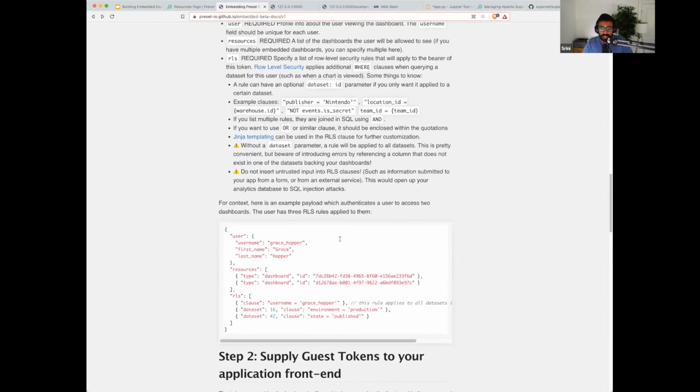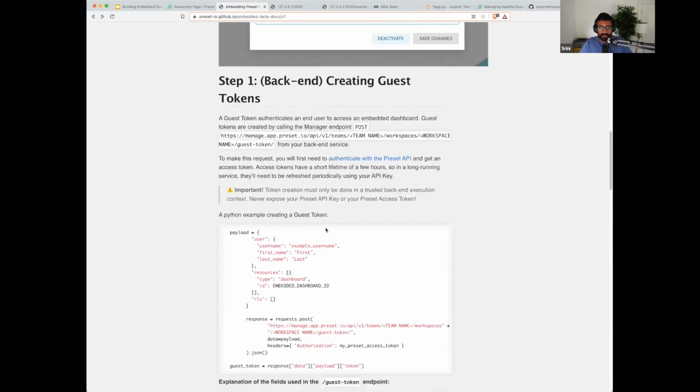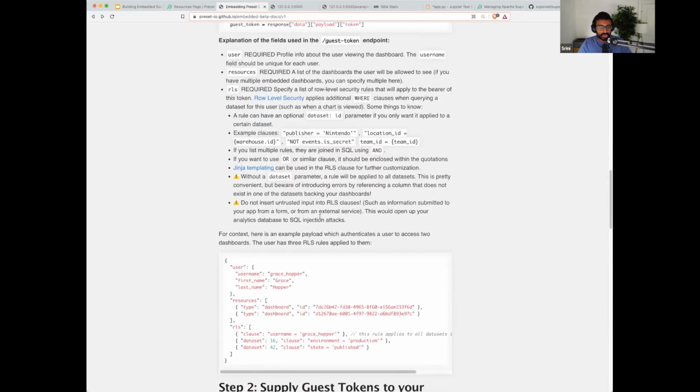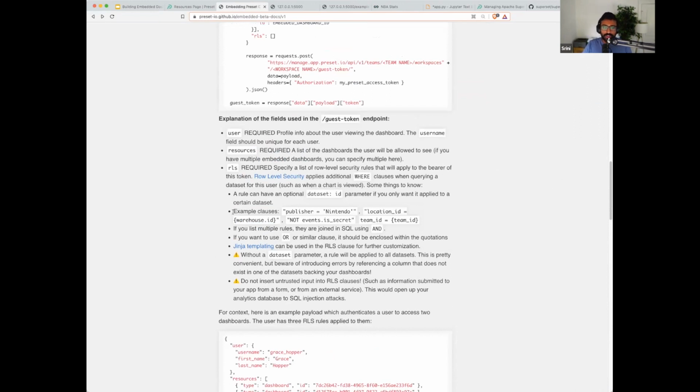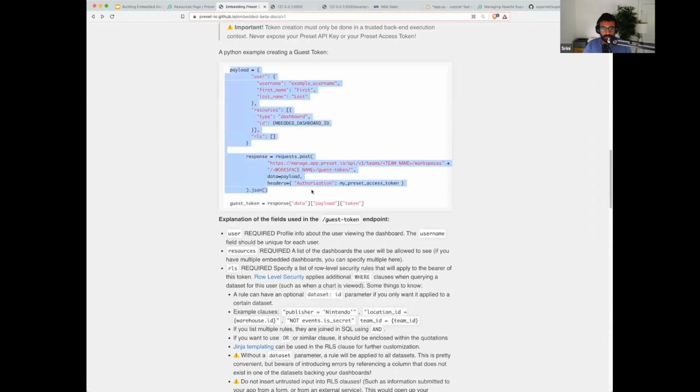For us, we don't really care how you define your RLS, right? So let me scroll down. So you could do something like this. This is the payload you send us, you send the embedded API. This payload is formed on your app backend, and so